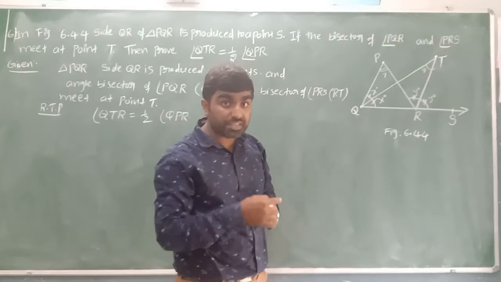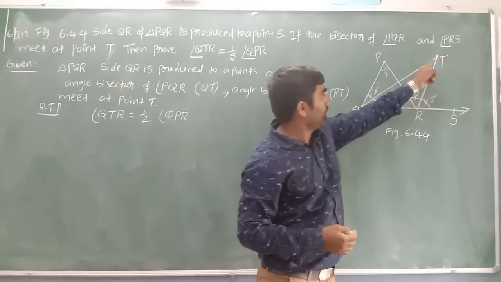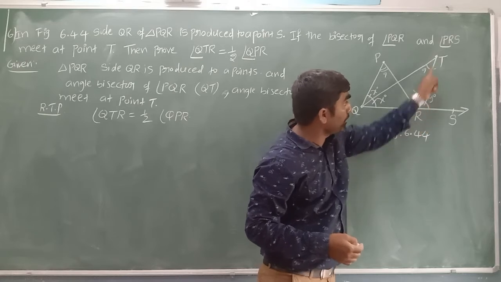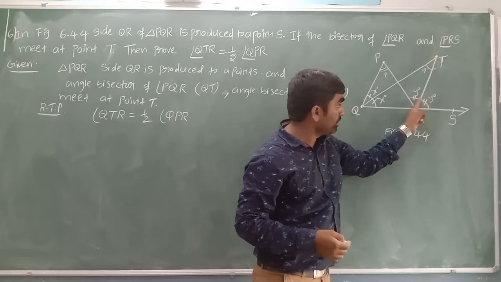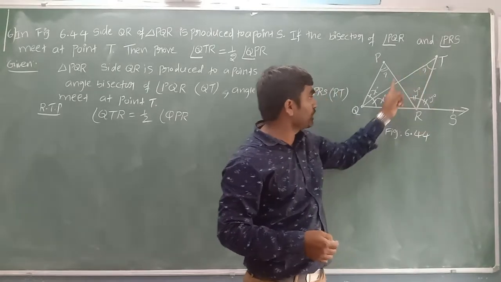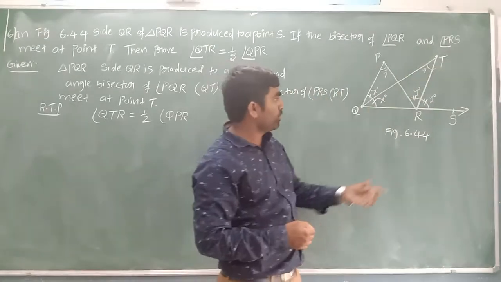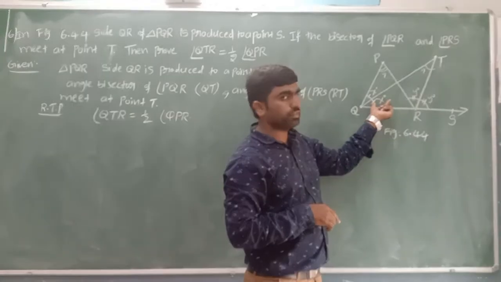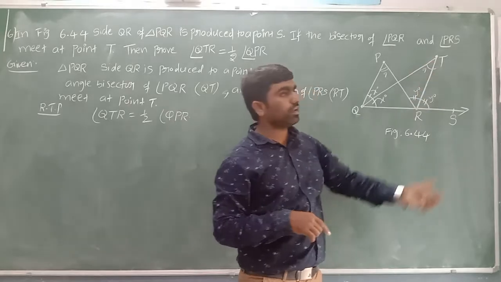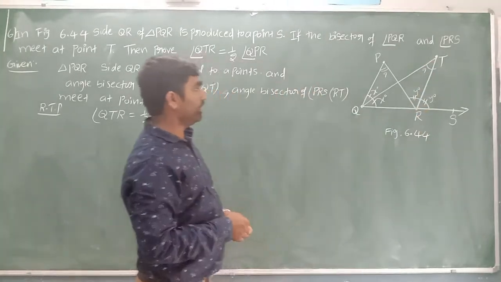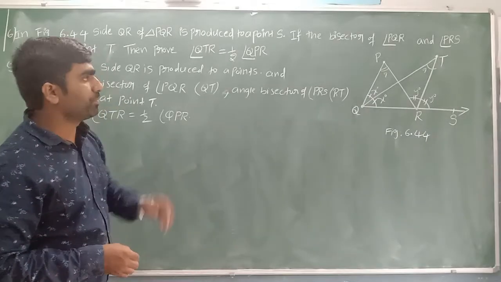Yes, we have an exterior angle property. So when I am taking triangle TQR, this is exterior angle. I mean TRS. This y degrees is exterior angle. Exterior angle is equal to sum of two interior angles. We know the exterior angle y and we know one of the interior angle x. Then we can find other interior opposite angle of exterior easily, right? By using exterior angle property.